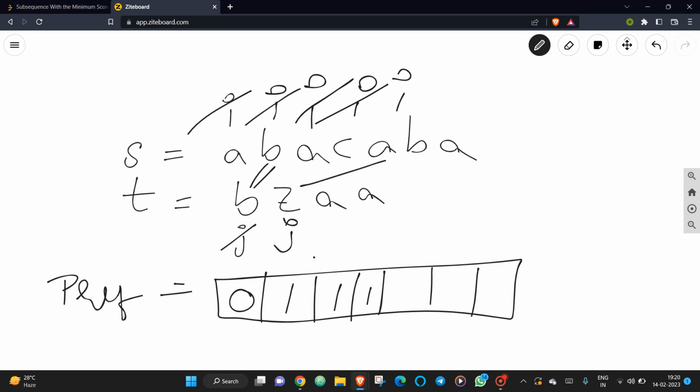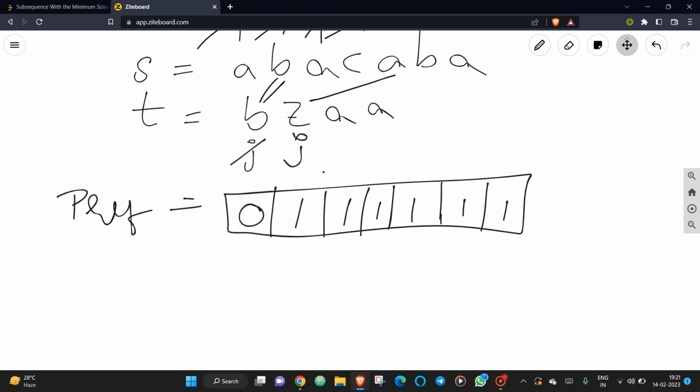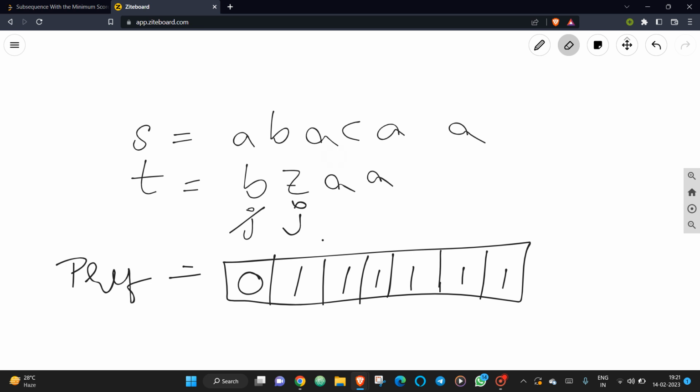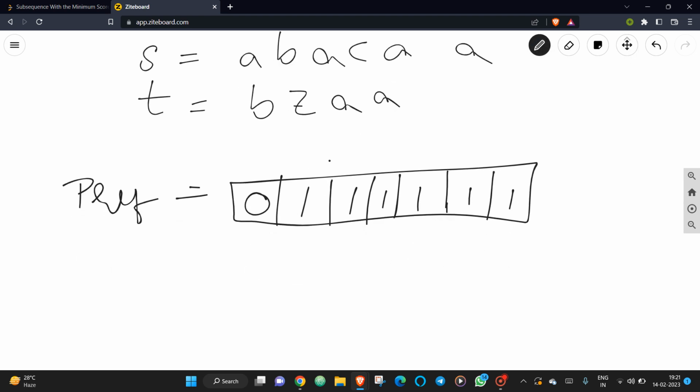And now you again do for all the rest of the three characters, and those won't be matching because it is a Z character, right? So our prefix array is constructed. Now what you will do? You just take some suffix array, and now what you will do,